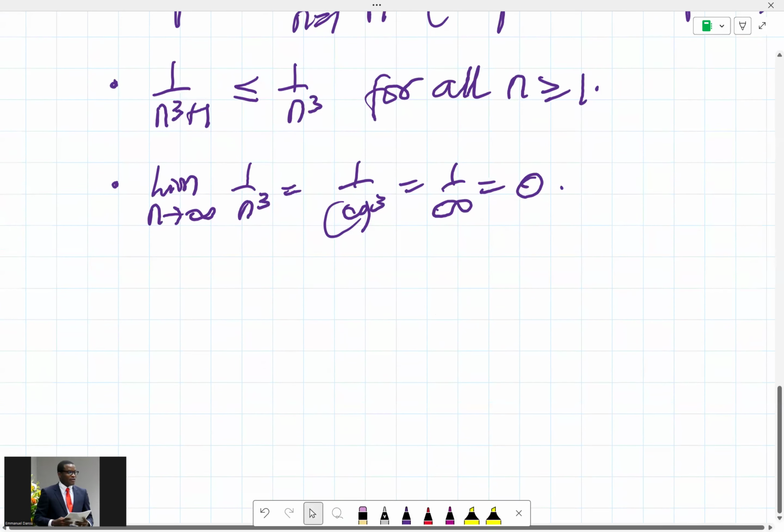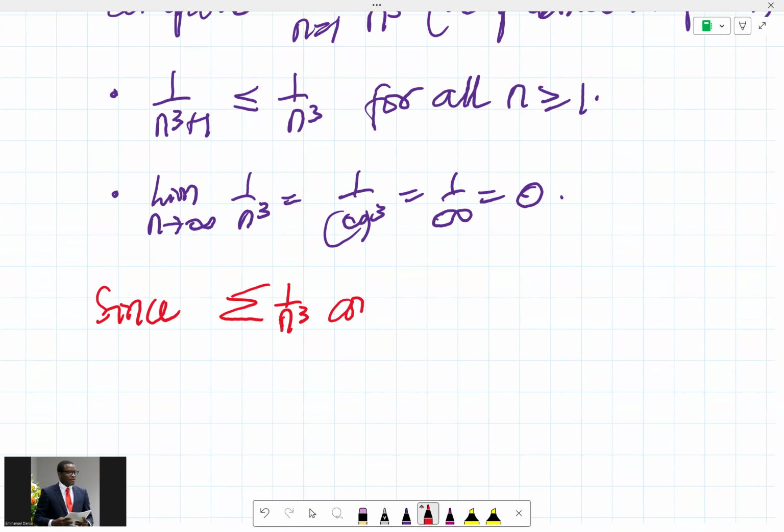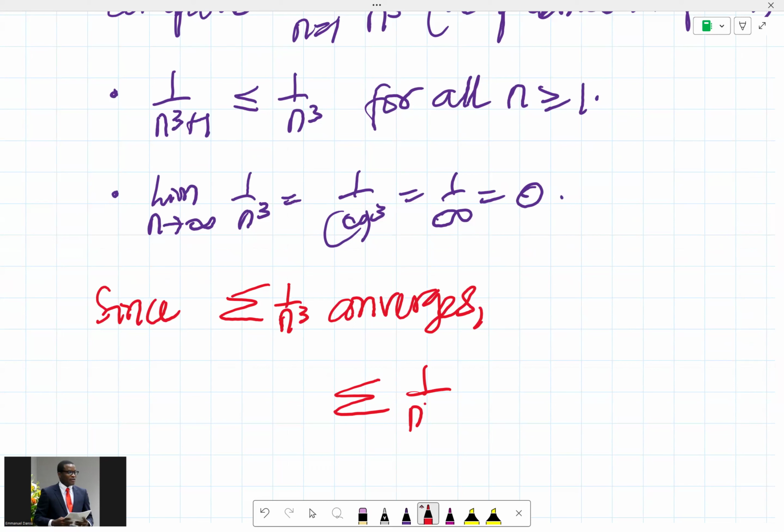So based on that, we can make a conclusion that since the series 1 over n cubed converges, then we can also say that the original series, 1 over n cubed plus 1, also converges. It also converges, and that's what we have. Okay, let me try to make it bolder. So since the series 1 over n cubed converges, then of course this series 1 over n cubed plus 1